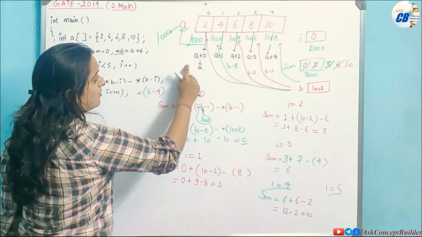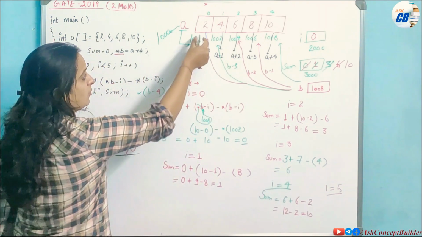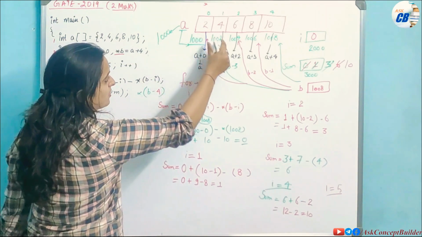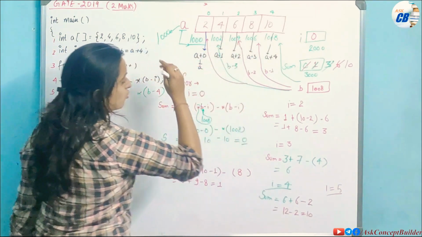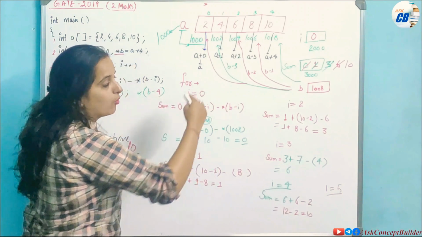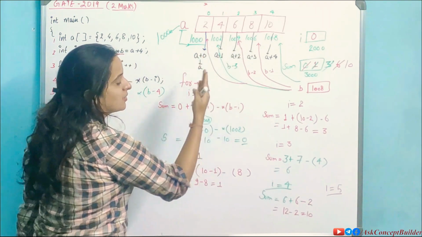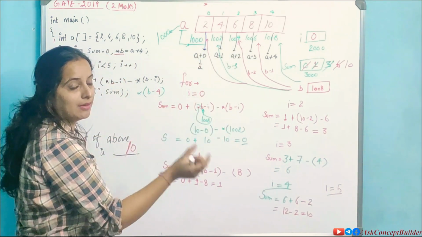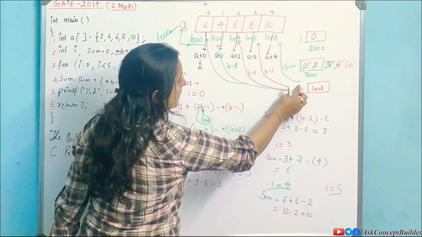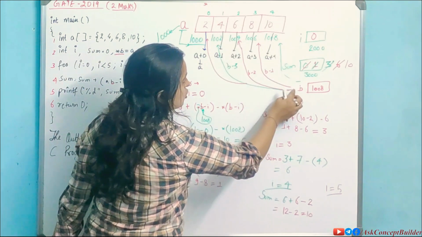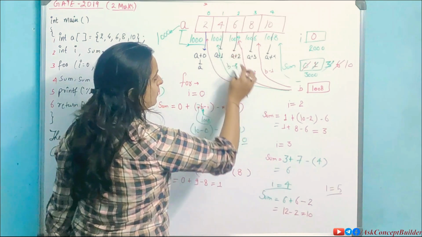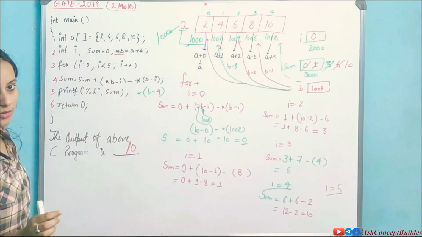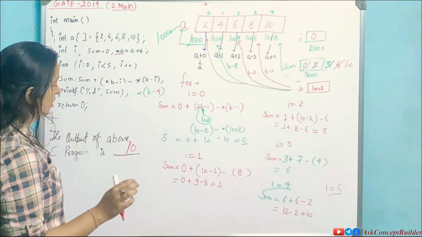This will always be a plus 0, because this will be a only every time. This will be a plus 1. So in this way you will find a plus 4. So a plus 4 will move to the 4th element next to it, and minus will always take you 1 element back. This is b, b is at 1008. So b minus 1 will be this value, b minus 2 will be this, and b minus 3 will be this value. Fine. So that was important.